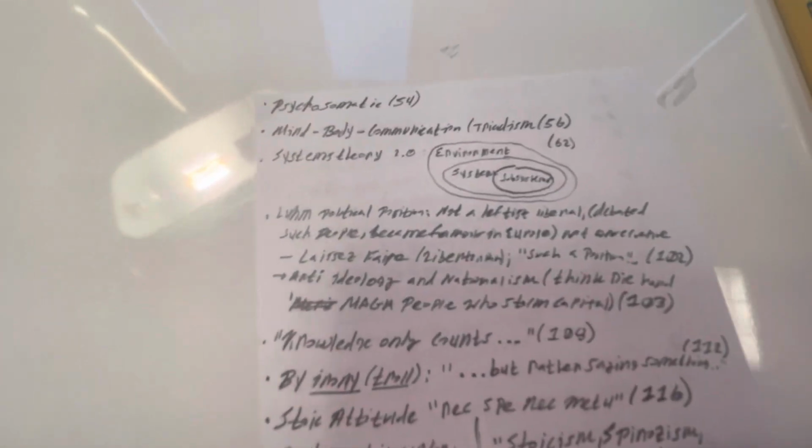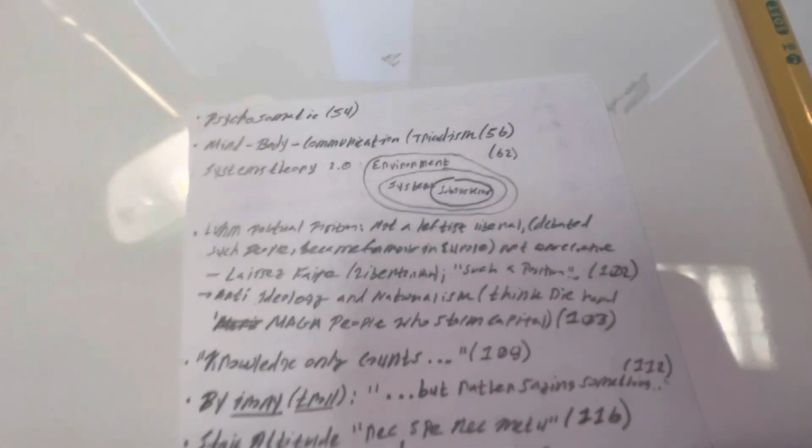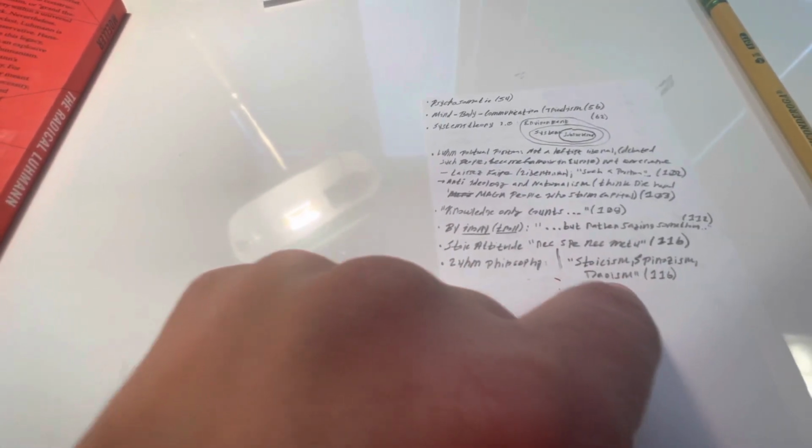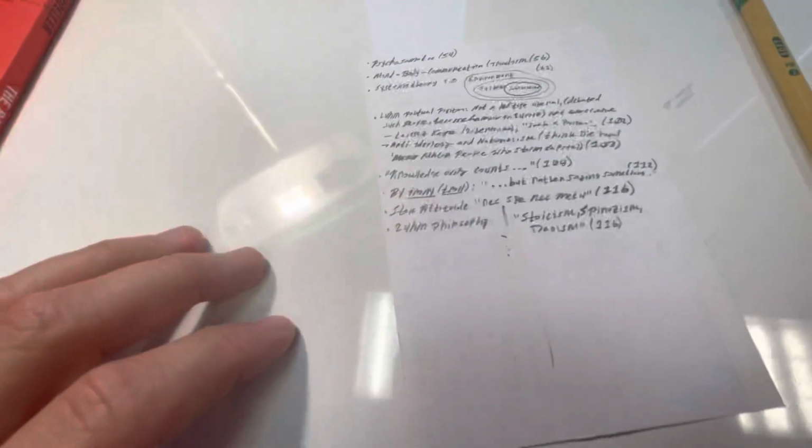So anyways, this section says, Luhmann's political position: not a leftist liberal. He debated such people, became famous. It was just a brief section and idea right there. That's what this part is. I later found that Luhmann's philosophy was a mix of Stoicism, Spinozism, and Taoism. And so